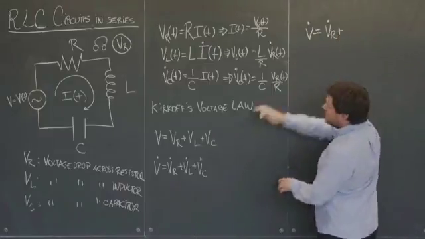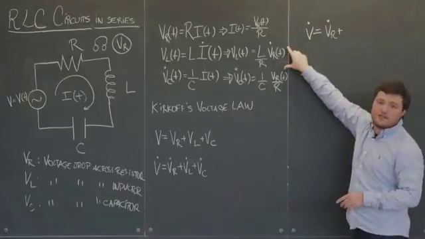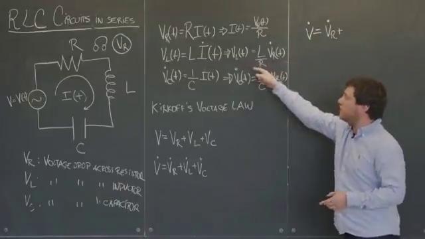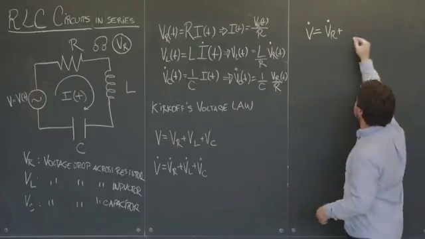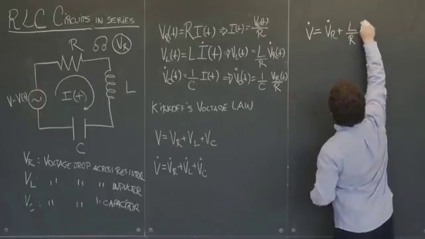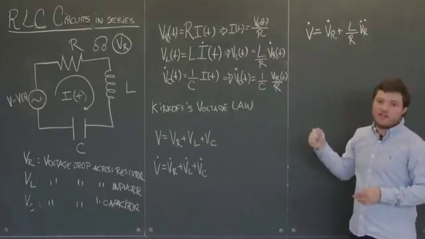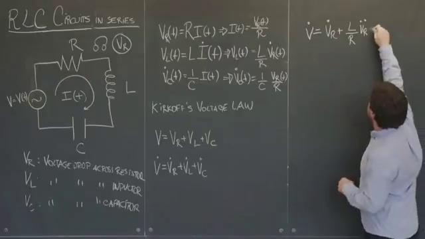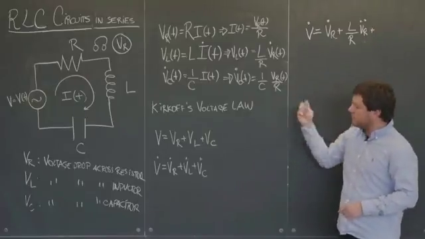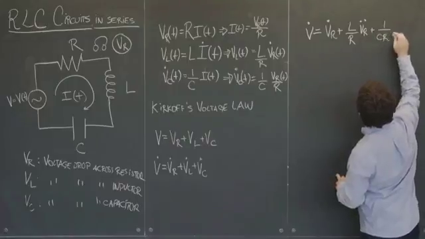Plus the time derivative of VL. So here in the associated law, we have VL. We need to differentiate it, and we would get L over R times VR double dot, because we differentiated this expression. And finally, we have to plug in VC dot, and we get 1 over C times R